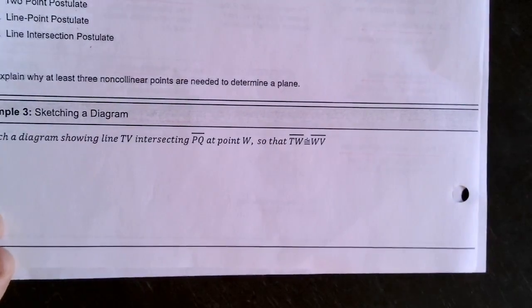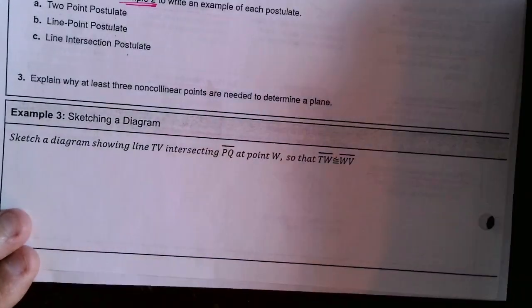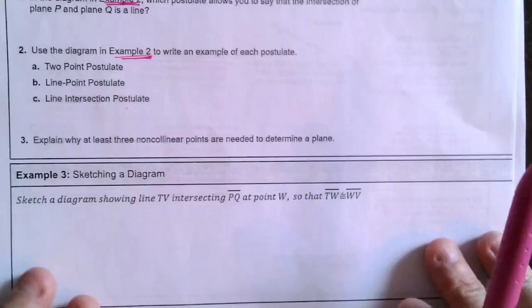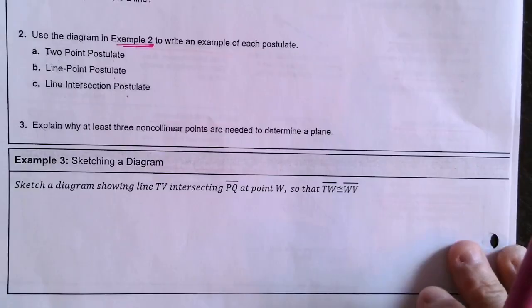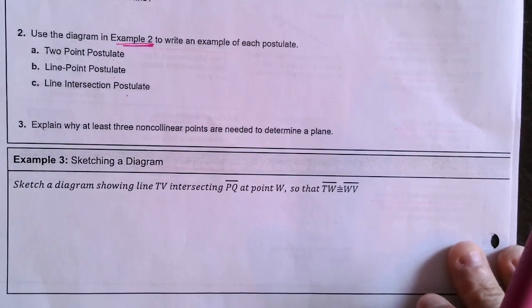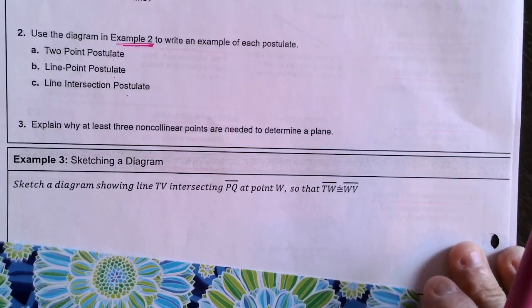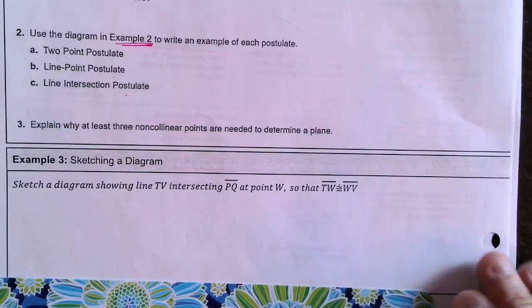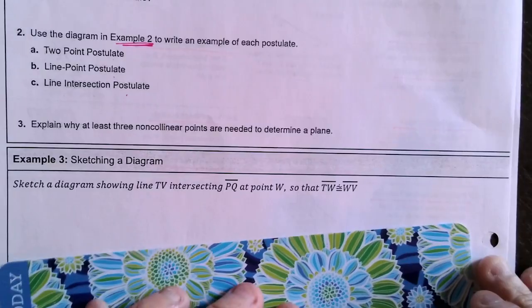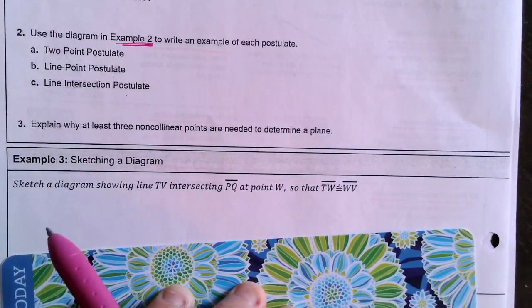All right, so now example number 3, it says sketching a diagram. So now we have to look at the directions and figure out what we're trying to do. This is very important in geometry because sometimes you're going to be given instructions, and in order for you to understand the problem, you need to sketch it out, to visually see it. Now I don't have any ruler here, so I'm going to use this. It says sketch a diagram